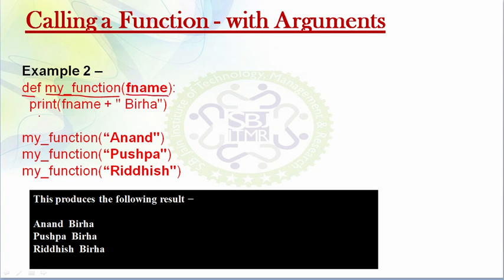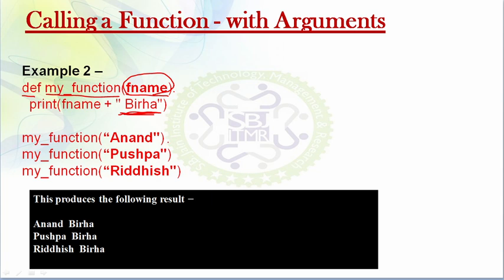Now in this my function I want to print the first name of a person, which is provided from the function parameter, and I want to add the surname. So my function should print that first name along with this string, which is Bira.